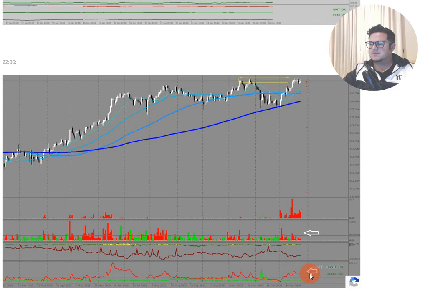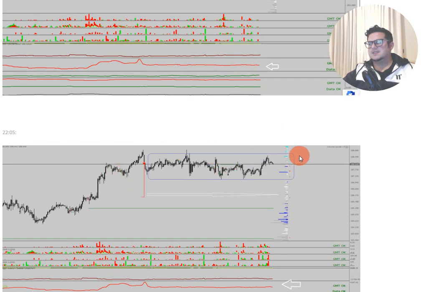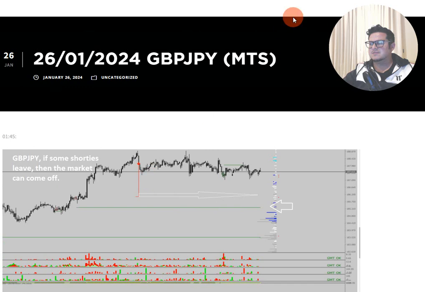At the moment, we still have too many shorties in the way. You see, we don't have a downward sloping squeeze line, as you can see in the day chart. We still have some short positions below the price. So if they maybe go sideways or test the high and shorties leave or longies try to buy a breakout, then we would have a down move. This needs to happen first, okay? It looks a bit early right now.